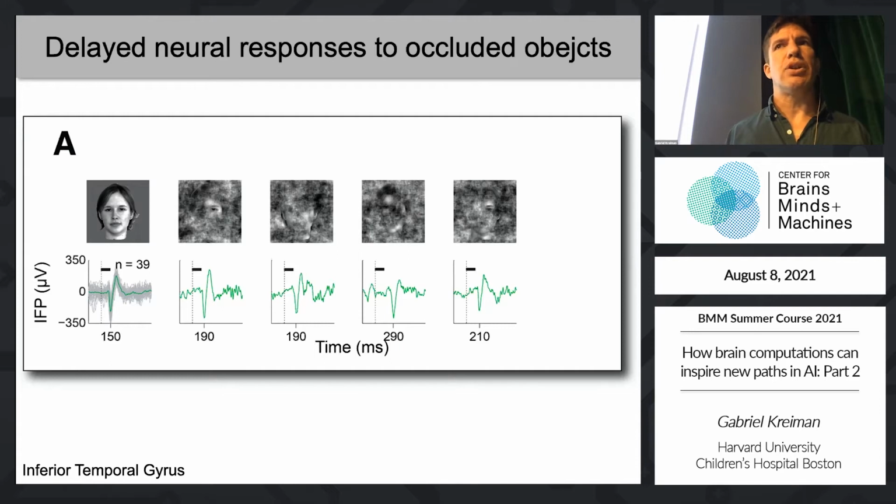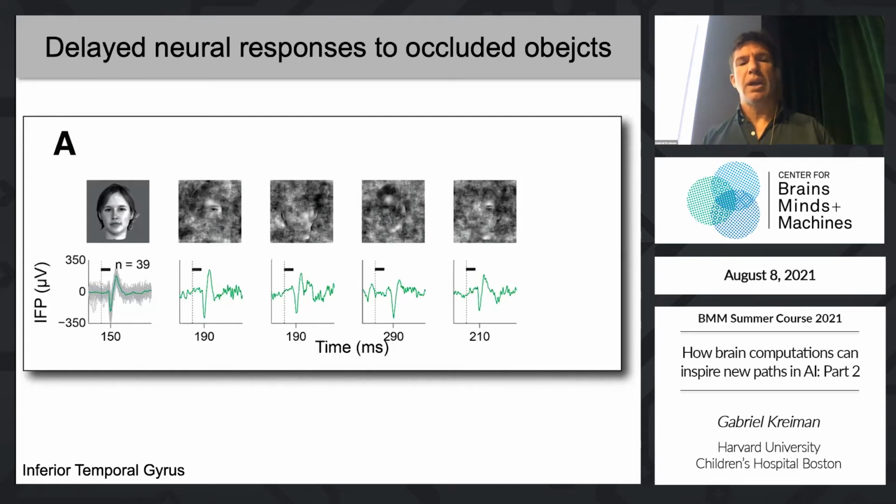So even though there's minimal visibility, we can still recover a visually selective physiological signal from inferior temporal cortex. The numbers that you see there correspond to the time at which the trough, that is the minimum voltage, happened in these cases. And you can see that for the whole image, the fully visible image, that happens at about